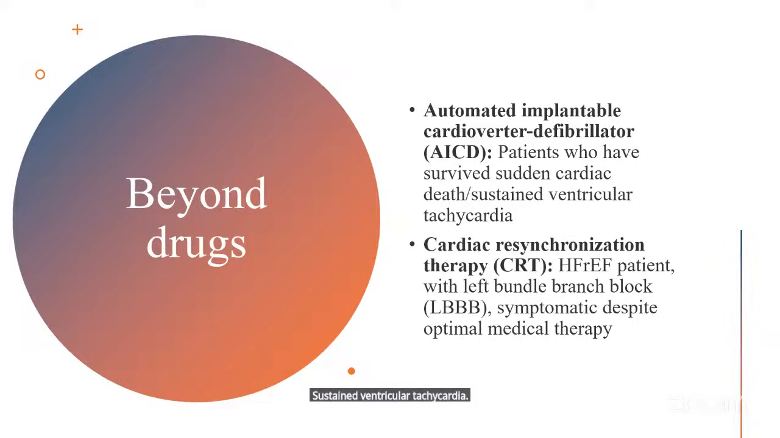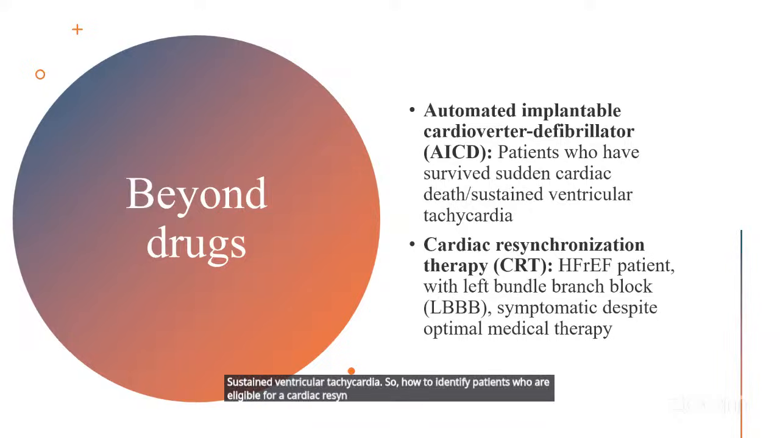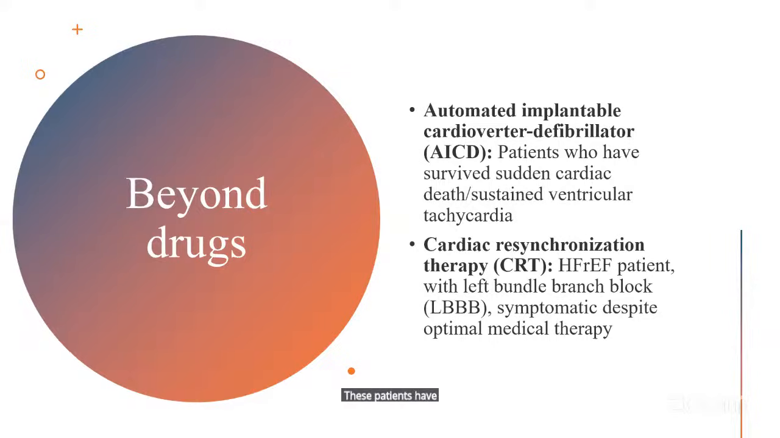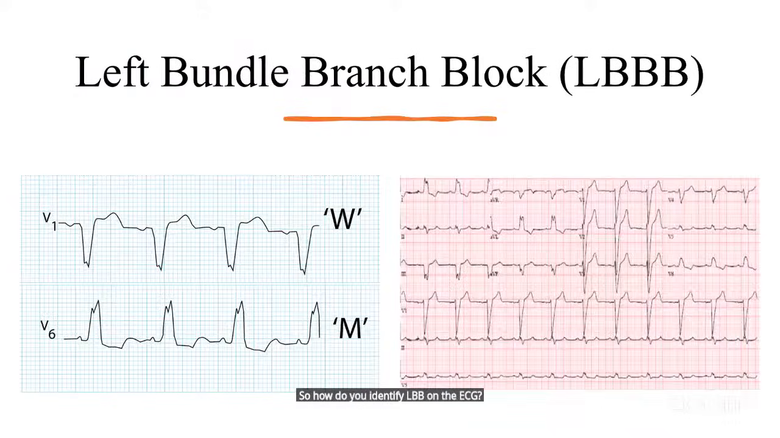So, how to identify patients who are eligible for cardiac resynchronization therapy? As discussed, these patients have to have LBBB on the ECG. So, how do you identify LBBB on the ECG? You look at leads V1 and V5 or V6. If you notice, there's a W pattern which is seen in lead V1, and you can see a notch in the downstroke of the S wave